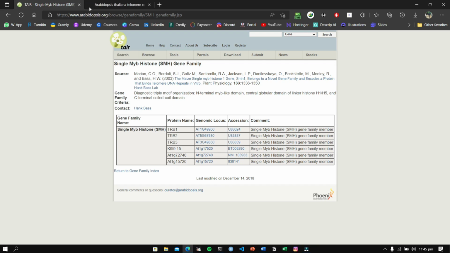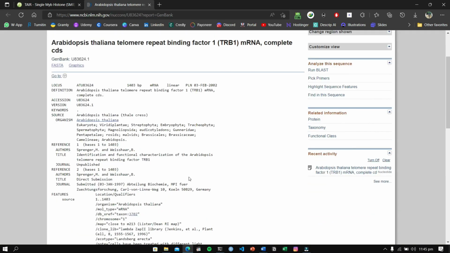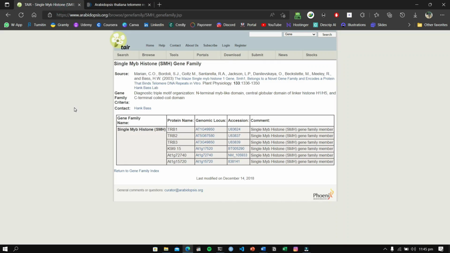In the sequence retrieval section, we are also going to retrieve the sequences, so don't worry about this. We can see that these family members are present in the NCBI database, and that is good for us. So after choosing a gene family, let's see